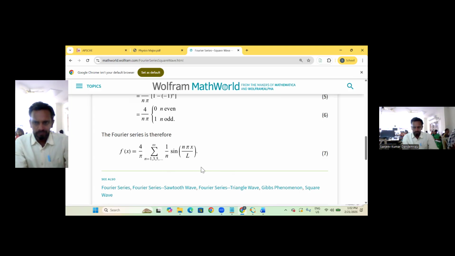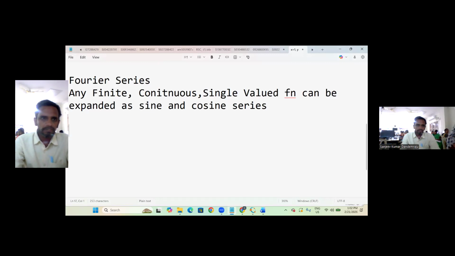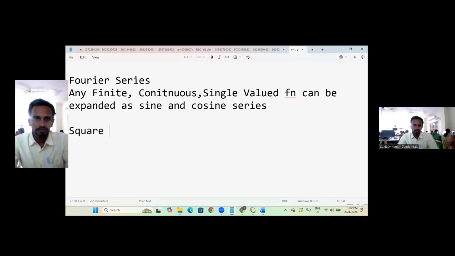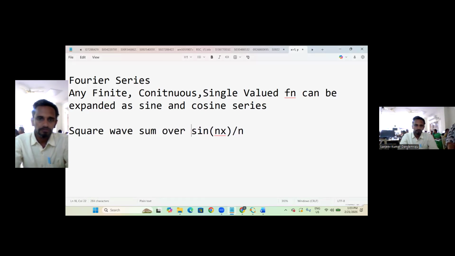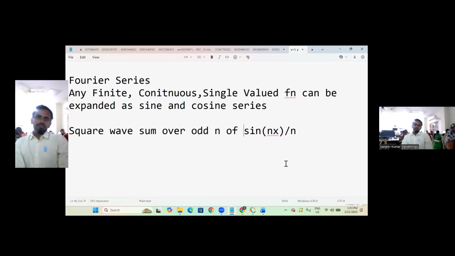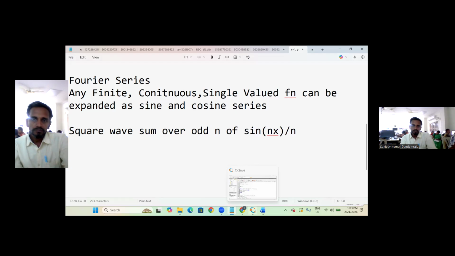So if I see only the functional form, the square wave is the sum over odd n of sin nx by n. To write it in the form of a program,